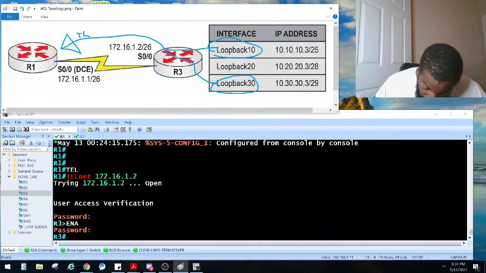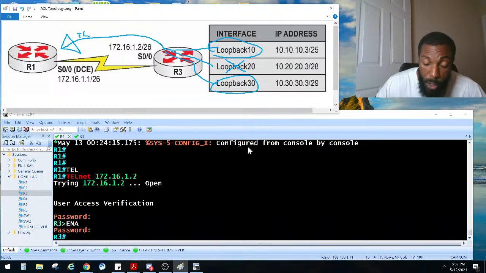And then explicitly configure the ACL to deny telnet from router 3, loopback 20. So we're going to do the telnet here, but we're going to deny traffic from this subnet. So basically, you know,